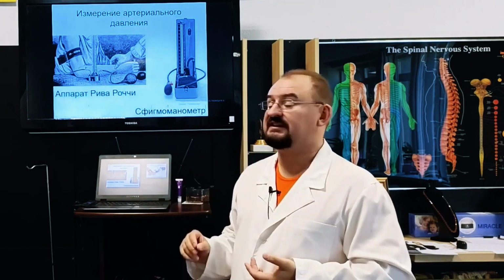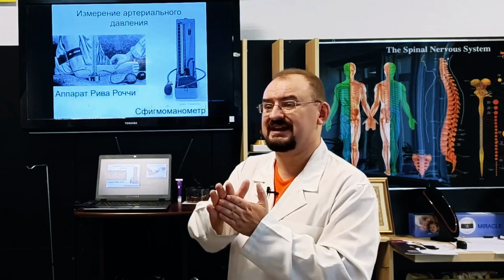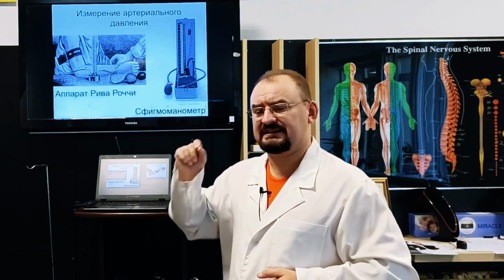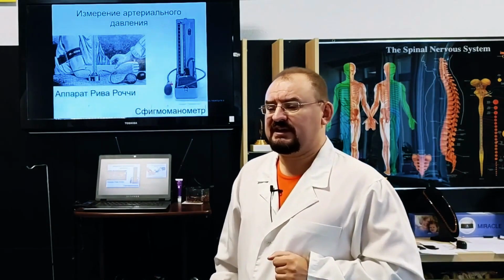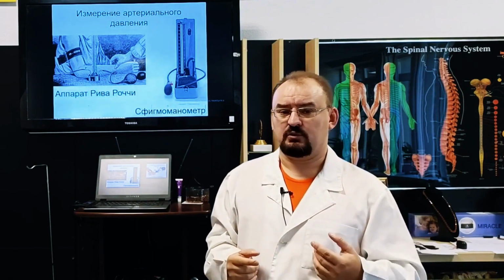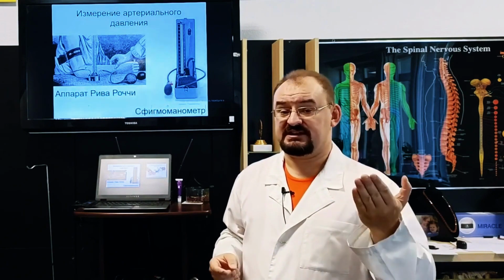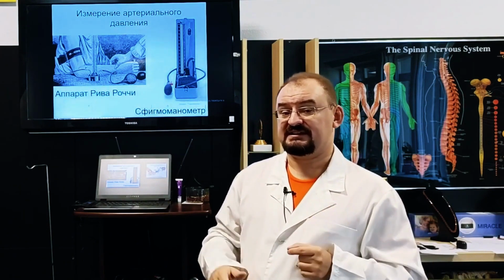The pulse wave starts to break through, and at this moment I hear a distinct tapping sound. The tapping sound, that's the artery breaking through, so to speak. The blood in the artery is forcing its way through the compressed cuff. But then I lowered the pressure further. I keep lowering it, releasing more air. And at a certain point, while listening with the stethoscope, I stop hearing that tapping sound. This means that the cuff's pressure is now so low that it no longer restricts blood flow in the artery at all. And at this point, the lower or diastolic pressure is recorded.